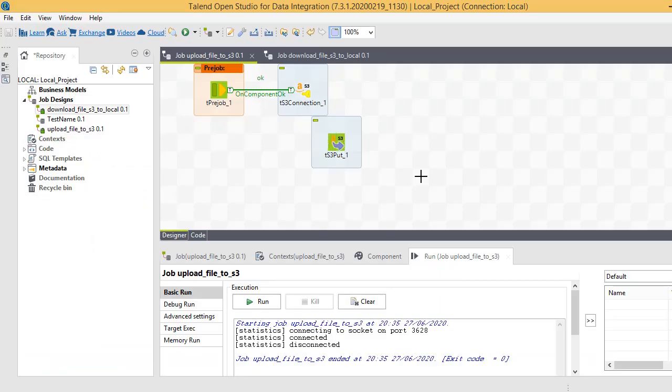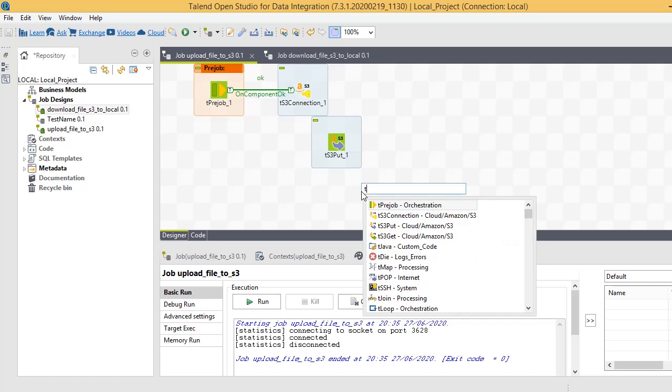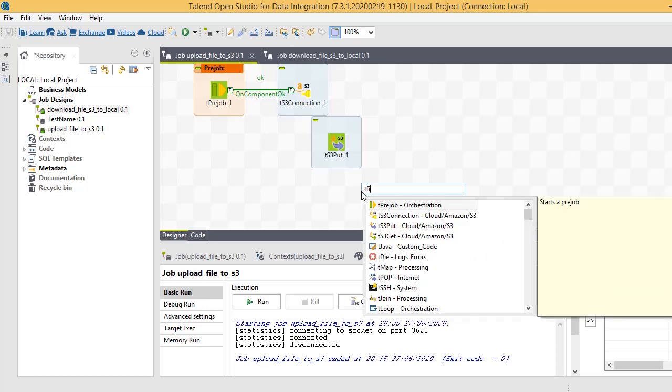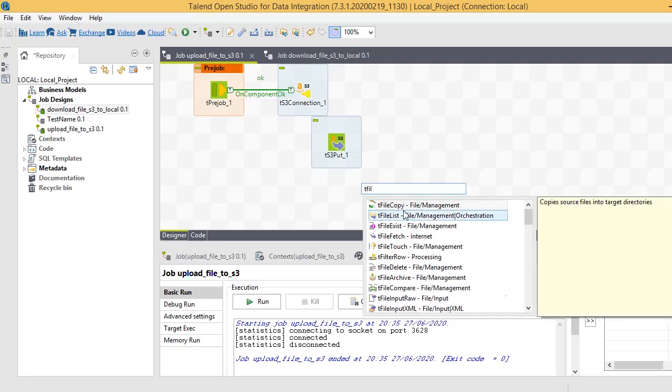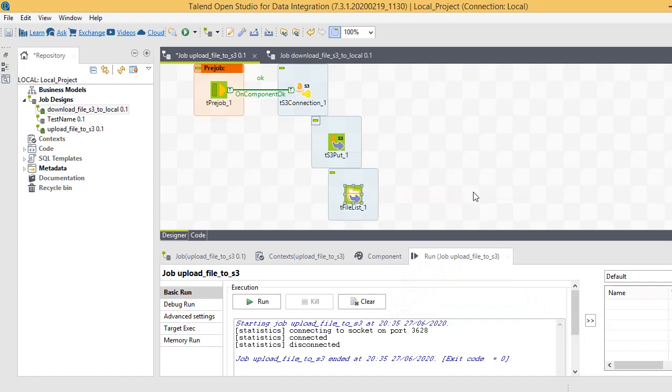Suppose if you have multiple files and you want to upload all of them together from a single directory, let's see how we can do that as well. We have to use tFileList component to iterate all the files, and we have to use tS3Put to upload each file that we iterate using tFileList.